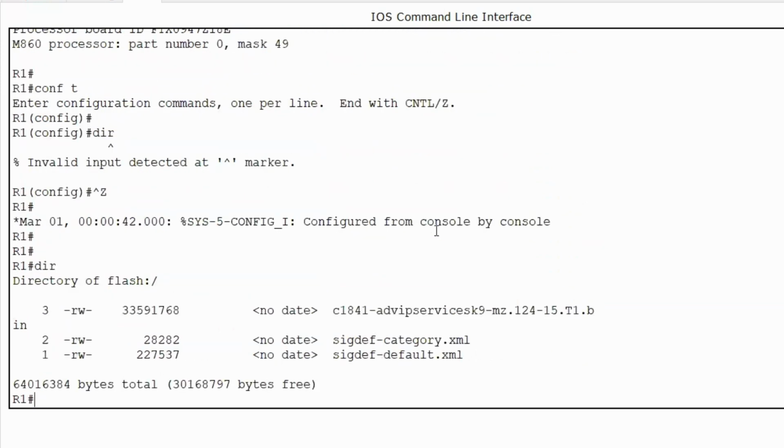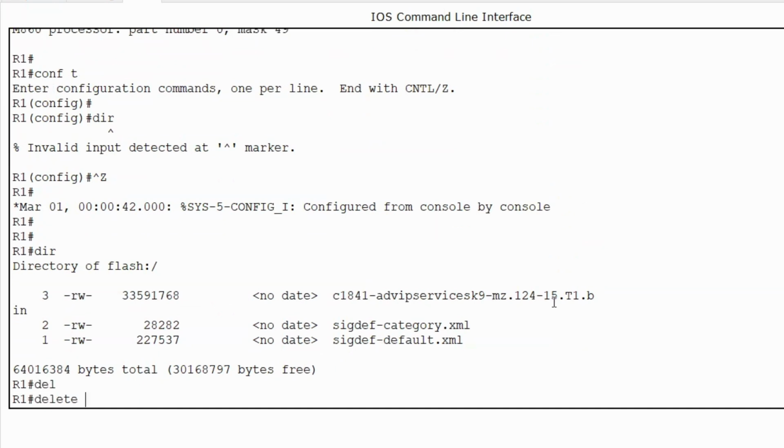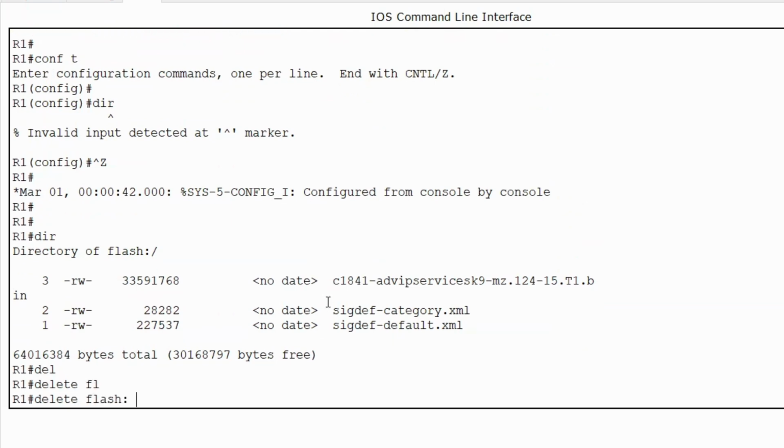So that's the first case where the device is already running and working, you are just going to upgrade. If the second case, if your device is not running,